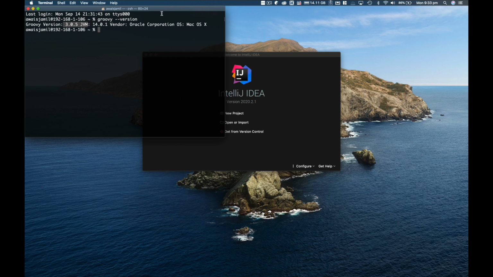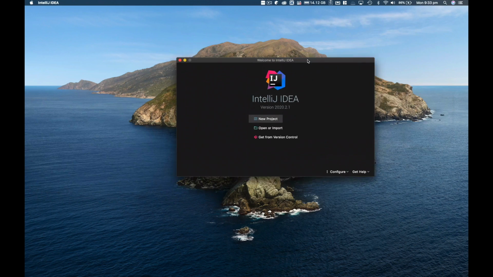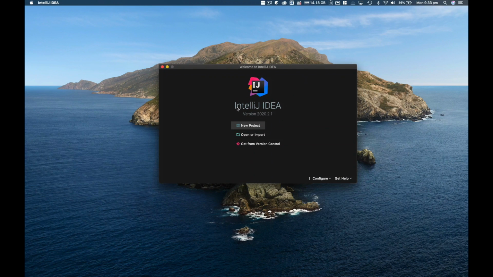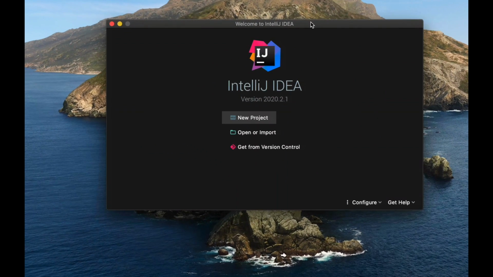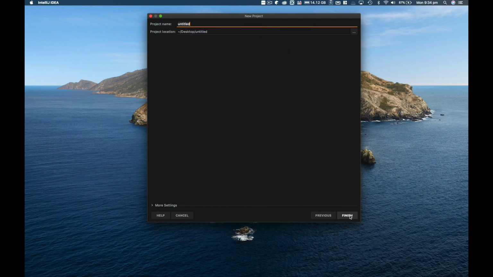I've already shown you in the last video how you can set up Mac and also the Windows. So basically, we're going to go open IntelliJ. I'm using IntelliJ Ultimate version. You can follow along with me using any text editor, VS Code, or even IntelliJ Community version, which is completely free. So I'm going to click on a new project, and I would like to create a Groovy project. So here from the list, I can select Groovy, and then I can specify the Groovy library, which is already selected for me. Then I'm going to click on next,